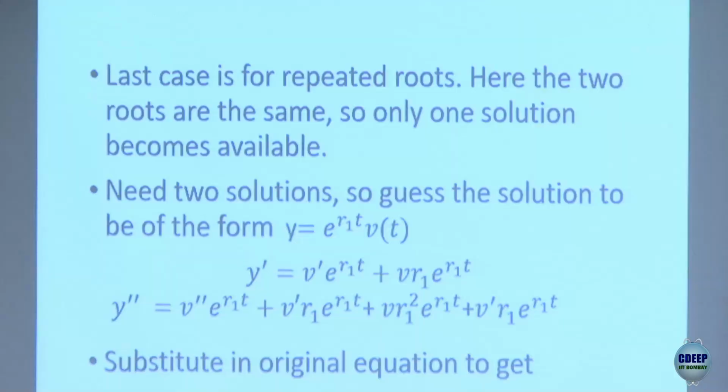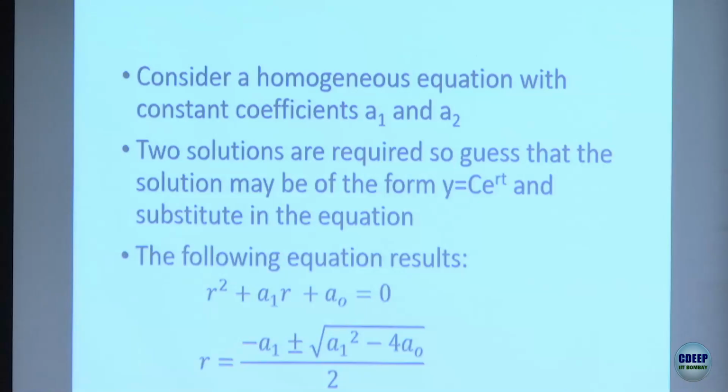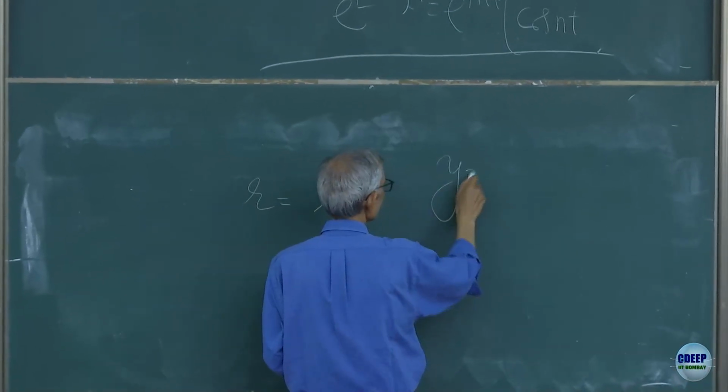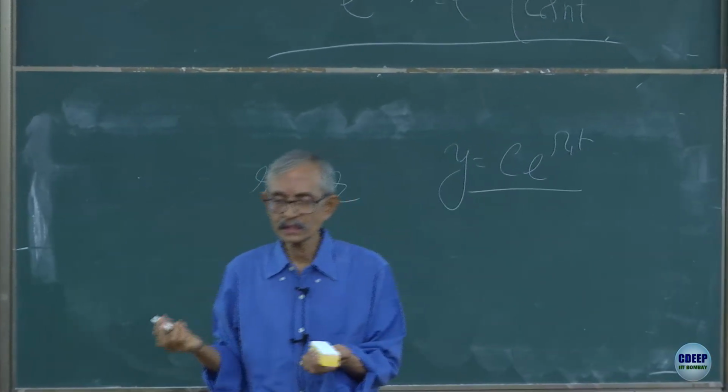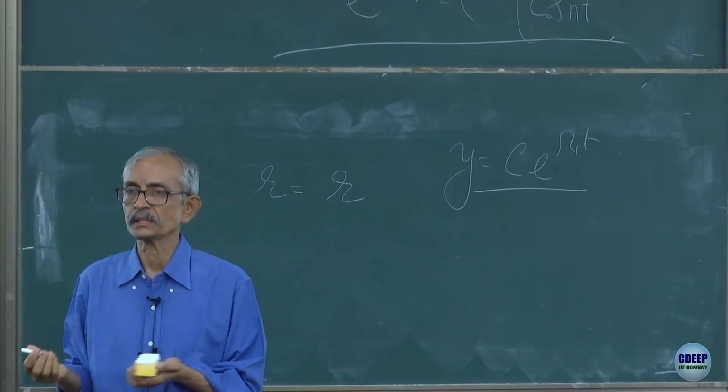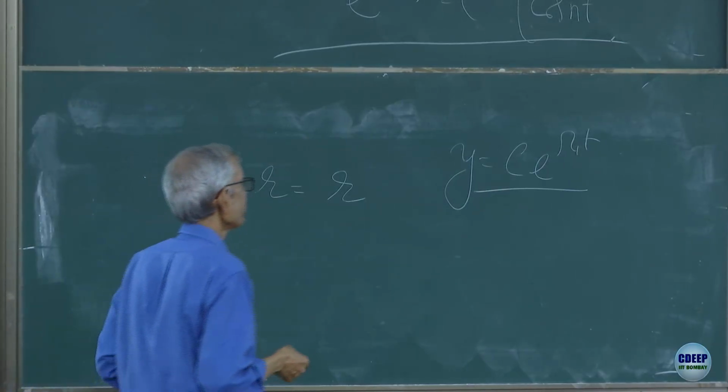Okay, so if the roots are repeated, it's also possible that the roots are repeated. That is, if a square minus 4a0 is equal to 0, which is a finite possibility, in which case you are going to get only one root. So your root is going to be just simply r1, and the solution is simply e to the power of r1t, and you need one more solution, right? You need one more solution, and